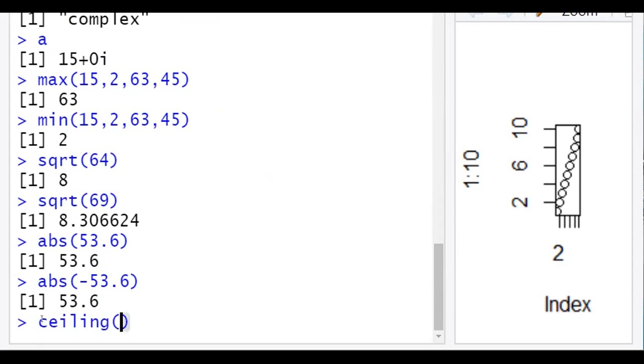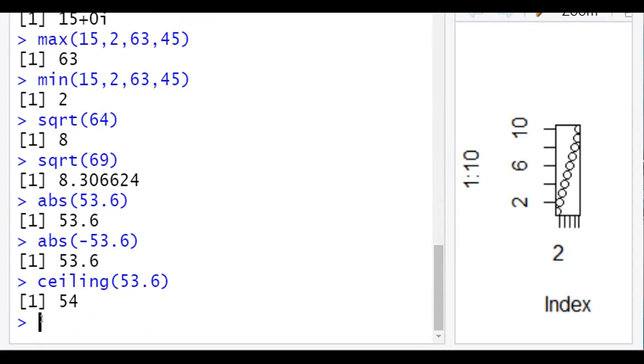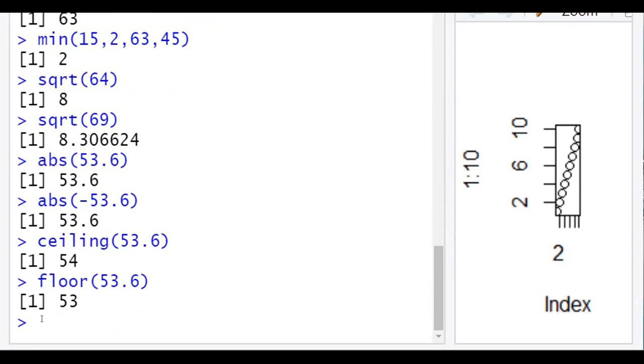Ceiling of 53.6 has given 54. If I perform the floor operation on the same number, it will give 53. So these are a few functions: max, min, square root, absolute, ceiling, and floor.